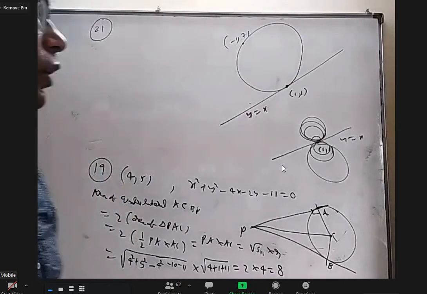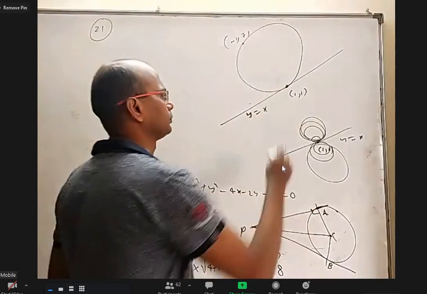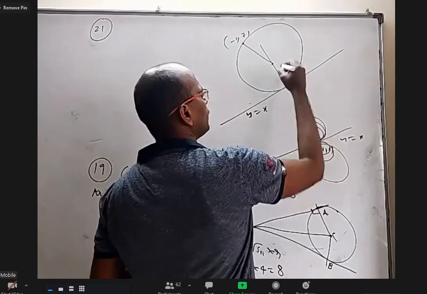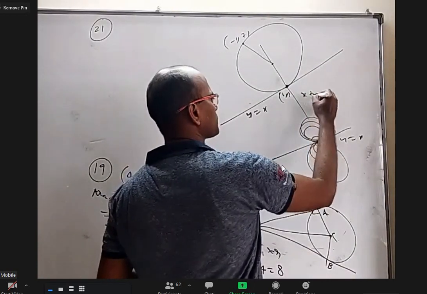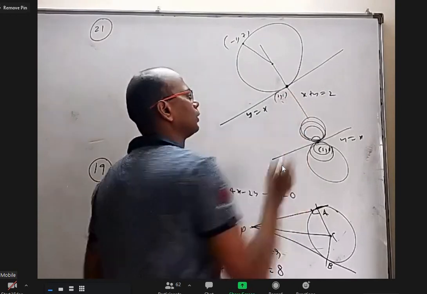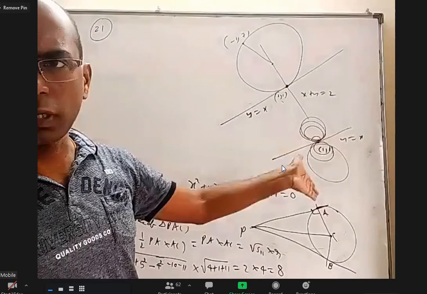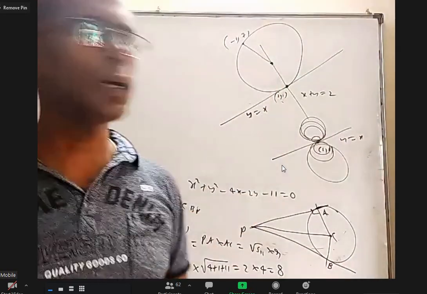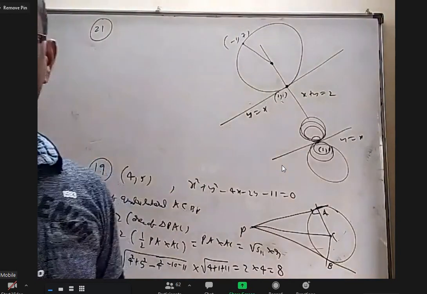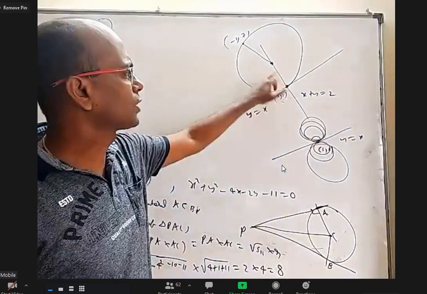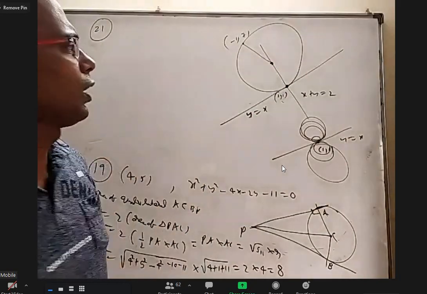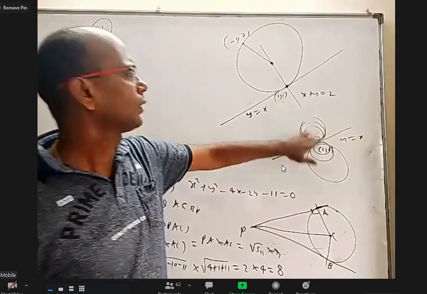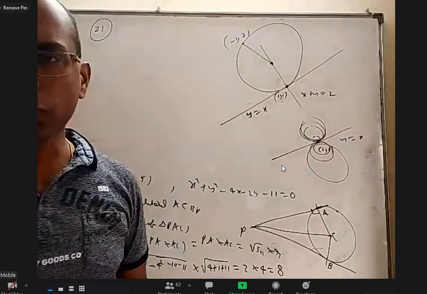There are many ways to do this one. Somebody can find the normal line equation. This is 1, 1, so this line will be x plus y equal to 2. Because you know this line, from that you know the perpendicular line's slope and you know the point, you can find the line. You can take the general point on that as k comma 2 minus k. If you take x equal to k, y will be 2 minus k. Take that point, equate the distance, and you'll get k. Or somebody can take SA equal to SB, get one line, and solve with this line. Okay. But I want to do S plus lambda L equal to 0.